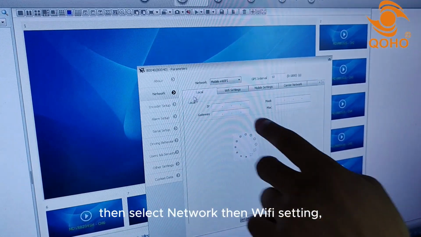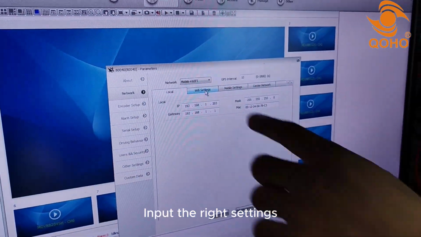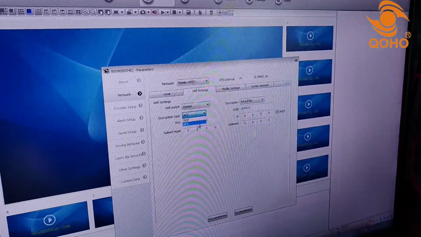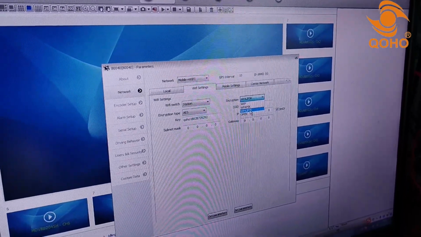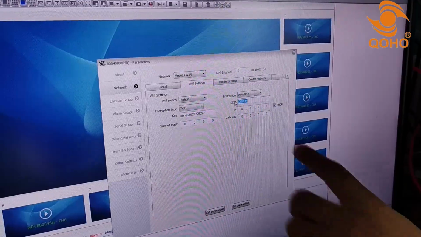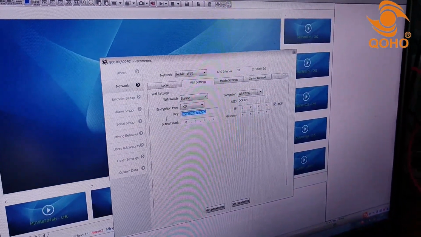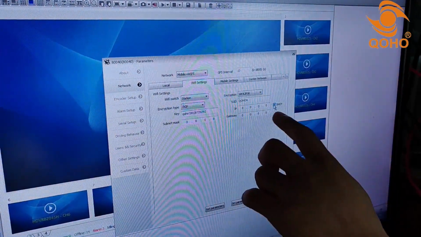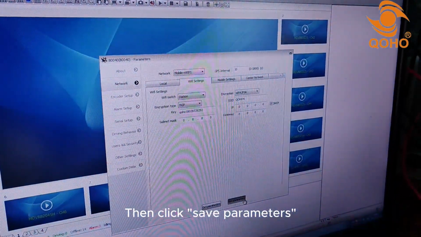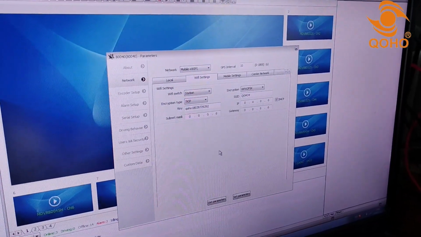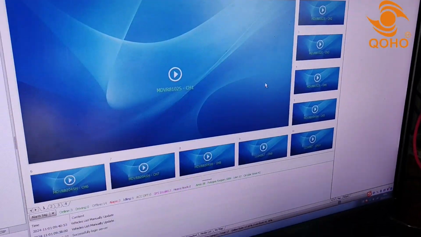找到这里，Input the right WiFi settings. 设置，这里选择 AES， 这里选择这个加密模式。这里是 WiFi 的账号，这是 WiFi 密码，把这个勾选上， Then click Save Parameters. 点击设置，OK， 然后关掉。